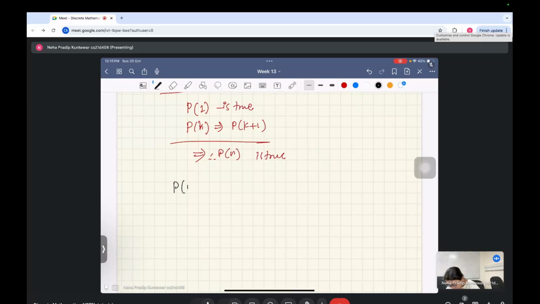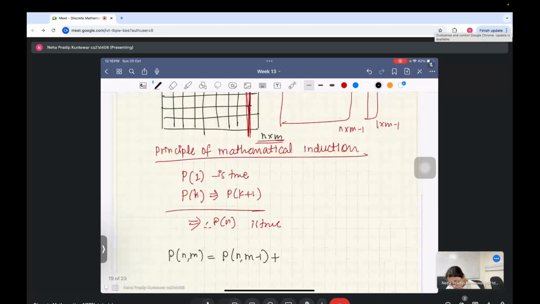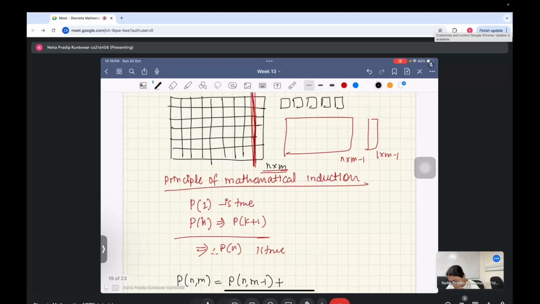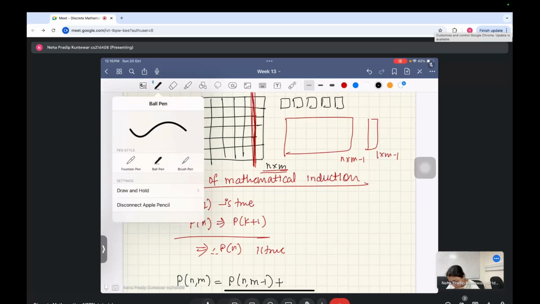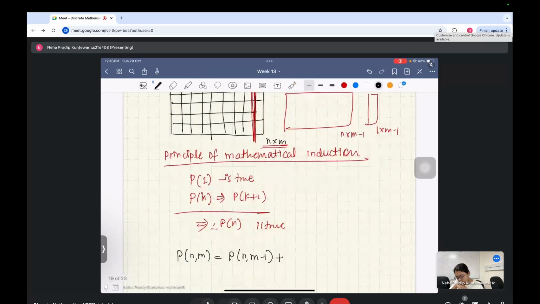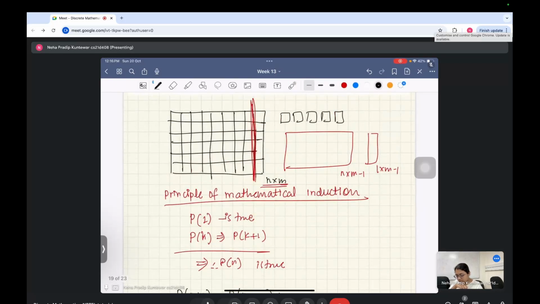So p of n comma m is the same as p of n comma m minus 1 plus one. I used one break here to break it into these two parts. So I used one here, and then in order to break this into small pieces, what I'm going to have to do is